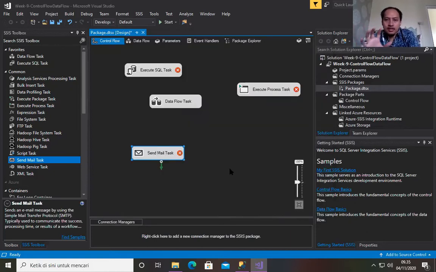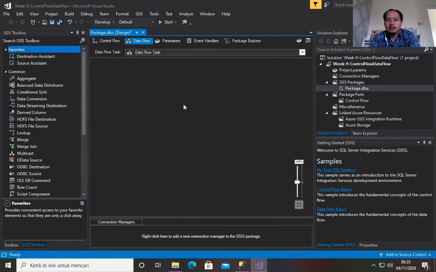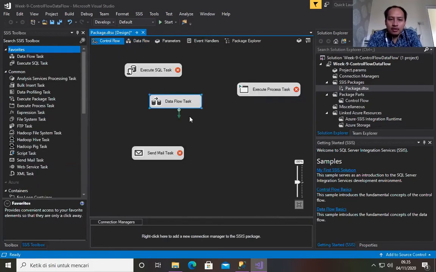But different from the other tasks, this one, Data Flow Task, is a very special task. Whenever we double click this one, instead of opening an editor window, it will open the Data Flow tab. Why is the Data Flow Task special? Because it does the main job of moving data from one source to a destination.